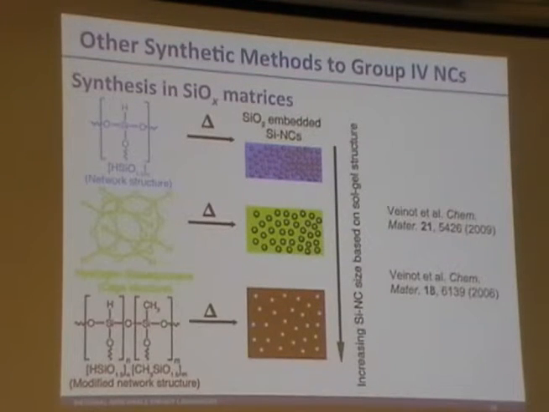I also want to talk a little bit about some other methods to making group 4 nanoparticles. That sort of wraps up the colloidal routes. Many of the things that have been done, as I showed with germanium, can also be done with silicon. We've tried a little bit towards silicon, but the germanium system was working, and so that's the one we focused on. There are a number of other routes to do this group 4 nanoparticle synthesis, and one of them is developed by